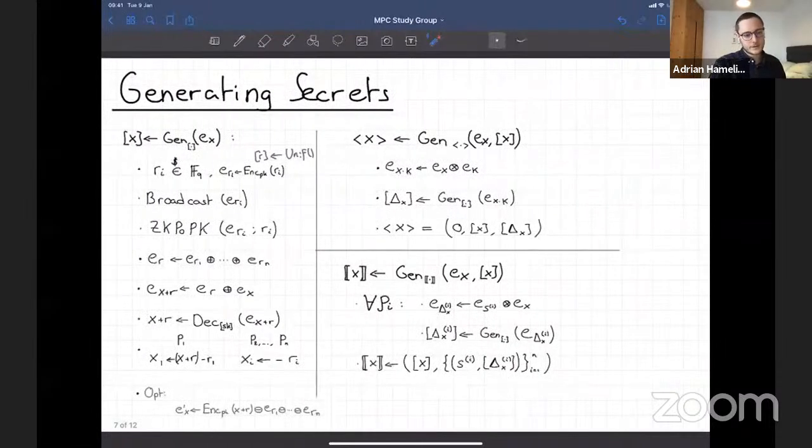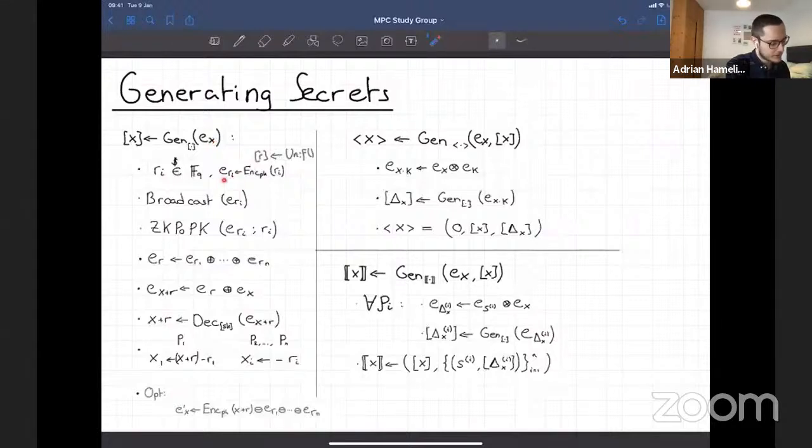And so the way we use this, there are three basic protocols for, first of all, generating the classic sharings of X, the angle ones, and double bracket ones. So we're going to assume a party wants to share, or you have this value X and you want to generate a sharing of it, but you only have the ciphertext. So what you're going to do is generate a random sharing of R, basically.